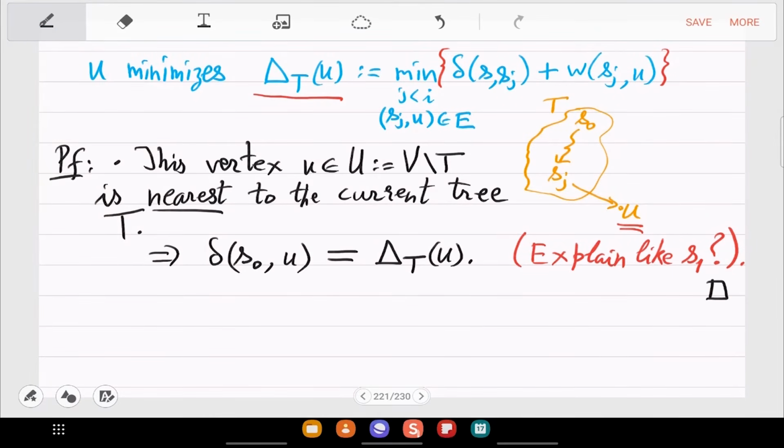Okay, but intuitively it is quite clear that this should be the case. So once you have this intuitive expression, you can now give the pseudocode.